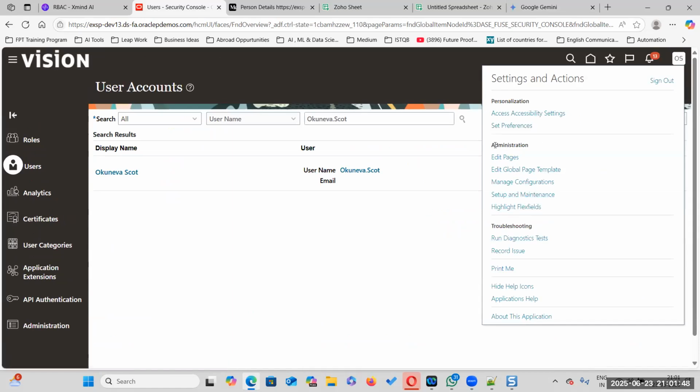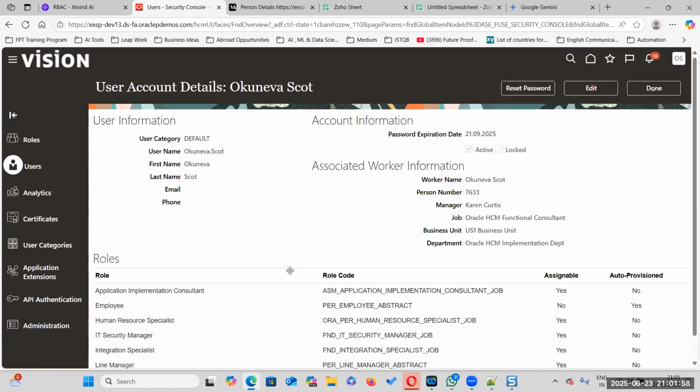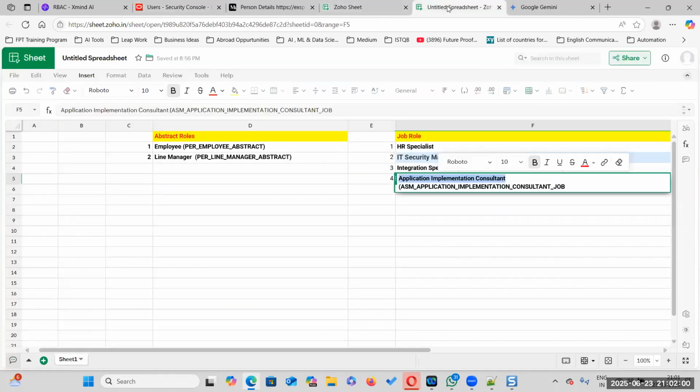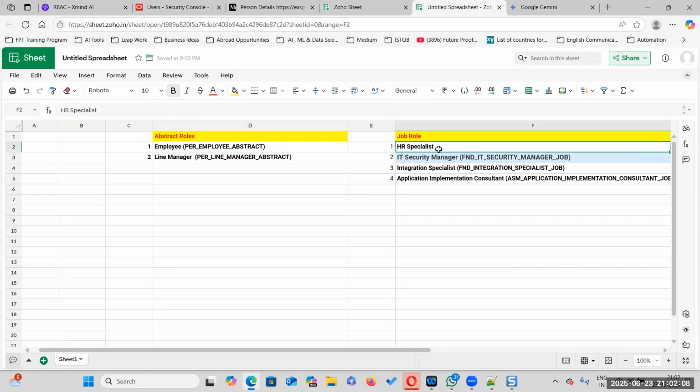Setup and maintenance means all the administrative related activities came. Okay, so today, what are the things we have seen? Job roles, abstract roles, and under abstract roles: employee, manager, and line manager. After adding each and every role, how the application is increasing its features.